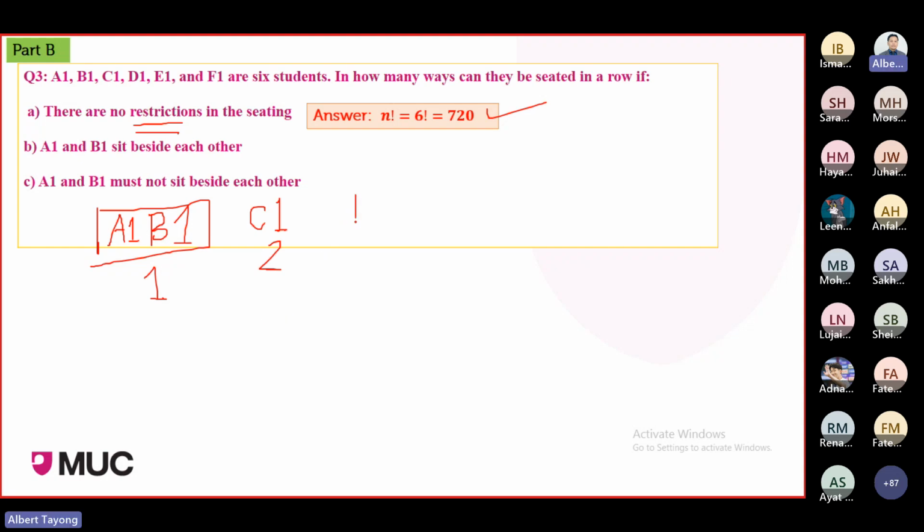And D1 is the third, E1 is the fourth, F1 is the fifth. Okay, so instead of 6, it will become only 5. So equals 5 factorial